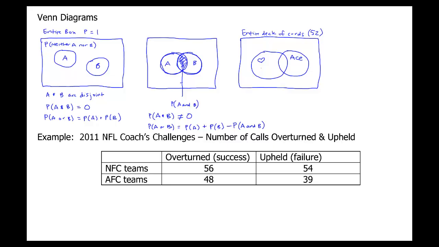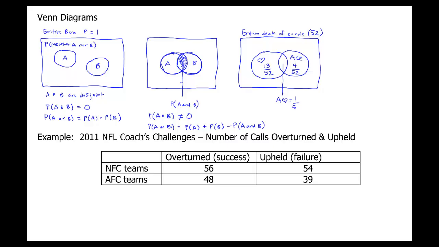So let's calculate the probability of a heart. If you look at a deck of cards, there's 4 suits and each has 13 cards in it. So the probability of drawing a heart out of a deck of cards is 13 out of 52. In a deck of cards there's 4 of each card, so there's 4 aces out of a deck of 52 cards. And the overlapping space would be the ace of hearts. And there's 1 of those